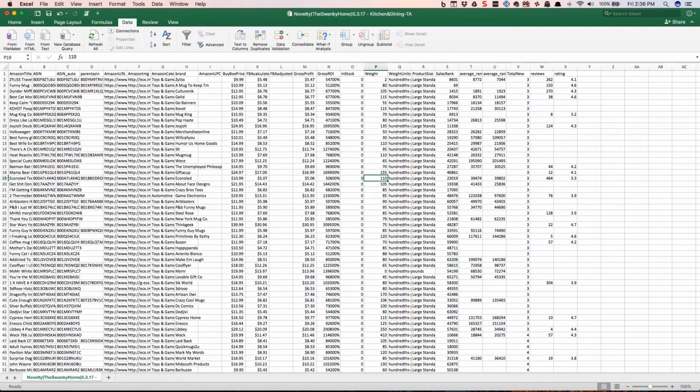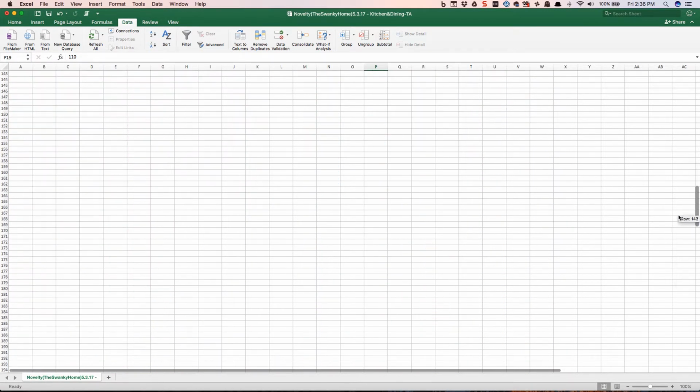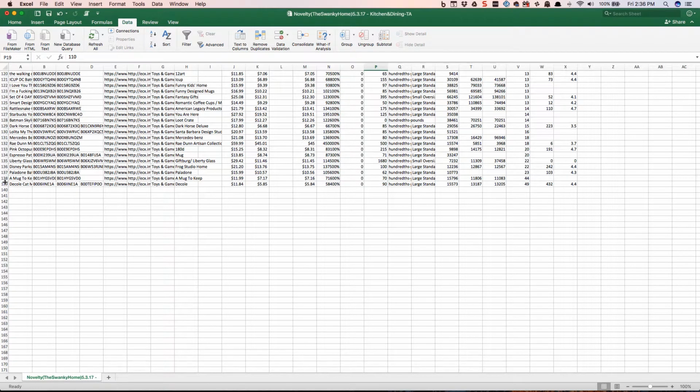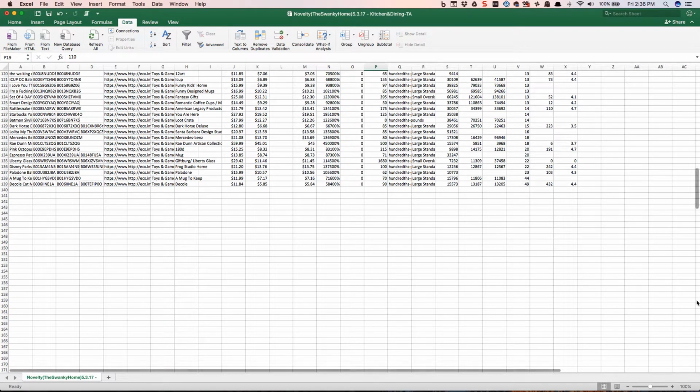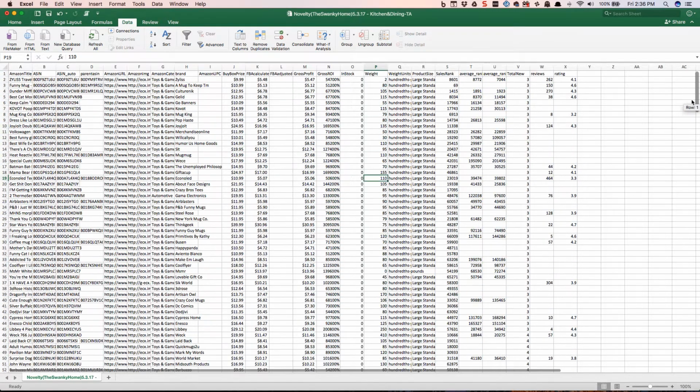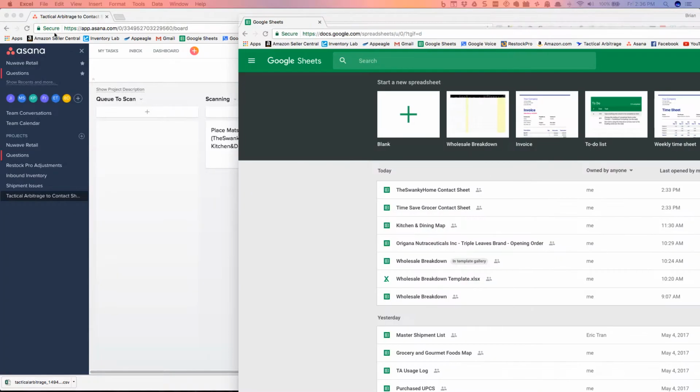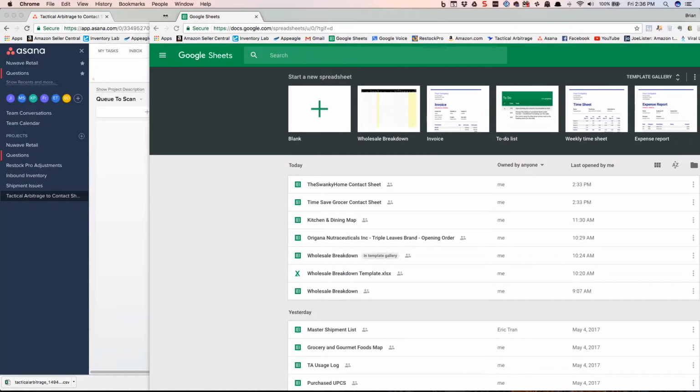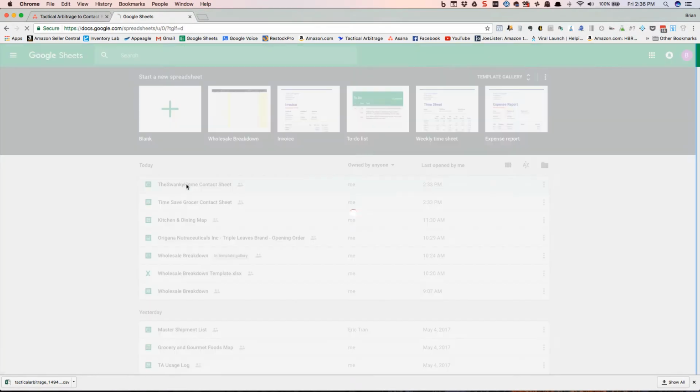Once that's completed, you want to go ahead and scroll down to see what is the last row, so we know 139 is the last row. Now you want to go to our contact sheet. As you see, this is the Swanky Home contact sheet. So we'll go to our Google Sheets, go to the Swanky Home,